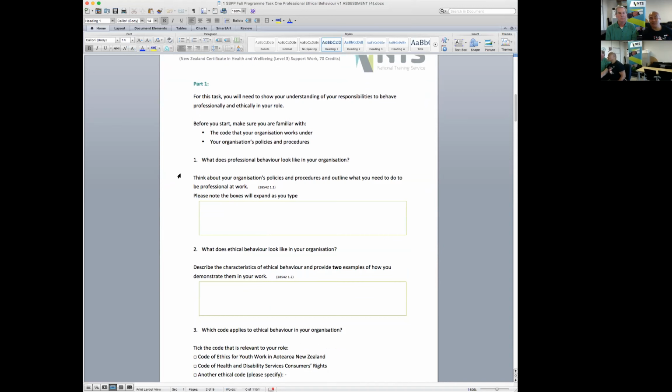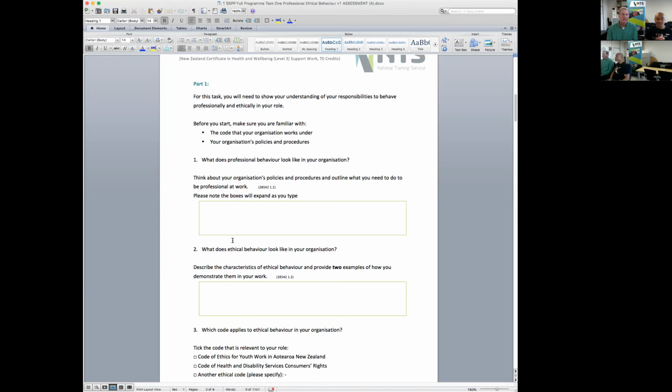Question number one: what does professional behaviour look like in your organisation? It's asking about your organisational policies and procedures, and to outline what you need to do to be professional at work. What might be some of the things you would look at when you're being professional at work, Grant?